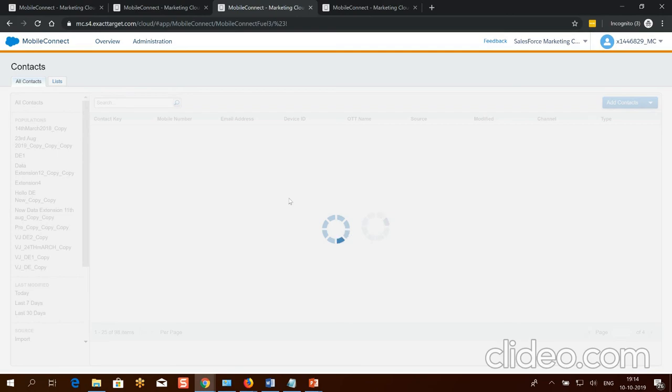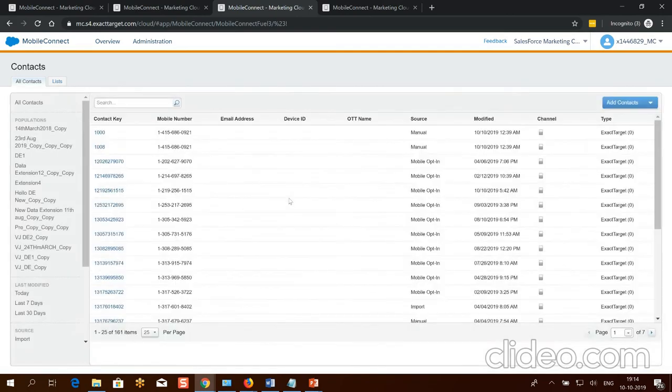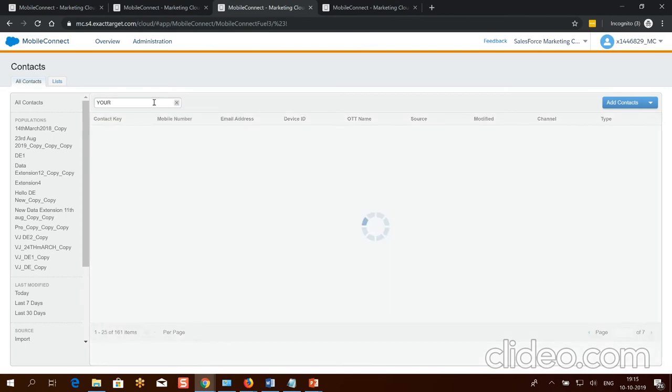It will get saved in your application, and you can create a filter list according to your added subscriber. This is your subscriber.